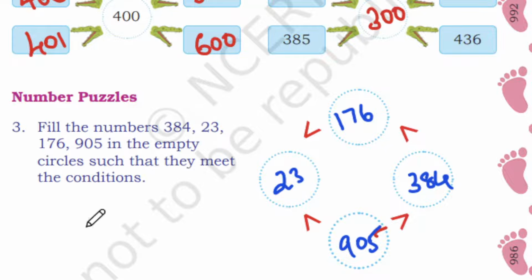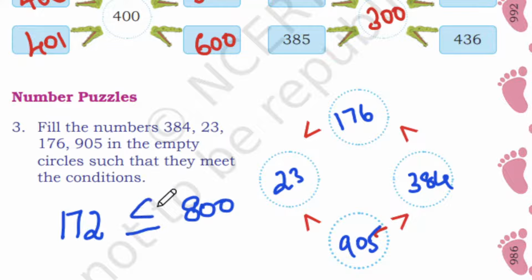So let me give you a small sum here. So we have 700 and so we have 702 and 800. So which symbol will you write? Can you tell me whether it is true or false? Which is greater? Yes, correct. 800 is greater and 702 is smaller when you compare these numbers.